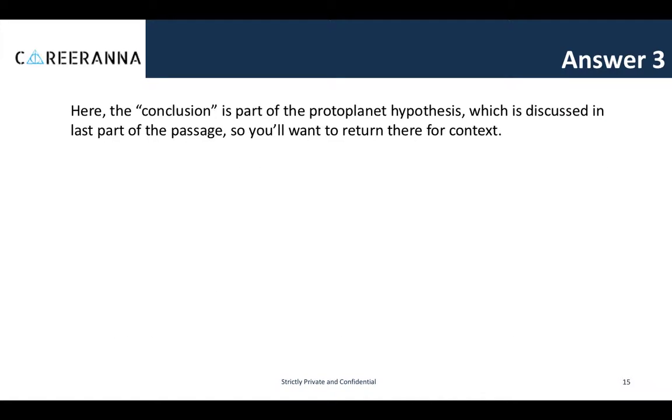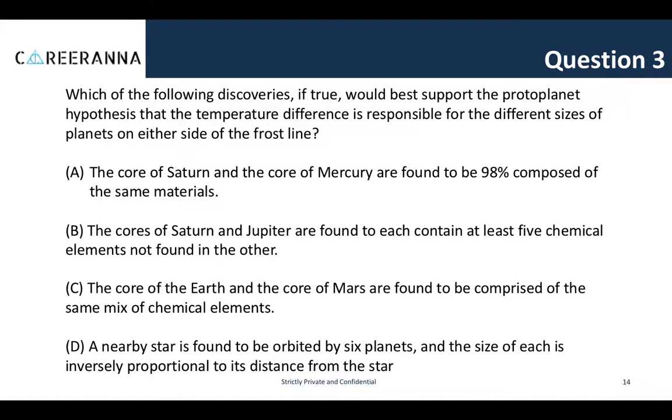You can go back and have a look. The core of the Earth and the core of Mars are found to be comprised of the same mix of chemical elements. A nearby star is found to be orbited by 6 planets. The cores of Saturn and Jupiter are found to each contain at least 5 chemical elements not found in the other. This is talking about dissimilarity. Saturn and Jupiter are close to each other, so they should be similar. Again, Saturn and Mercury are pretty far from each other and hence they cannot be composed of the same materials. So the only option which says that when two planets are close by, they are expected to be formed of the same mixtures